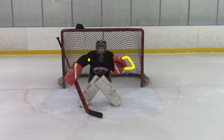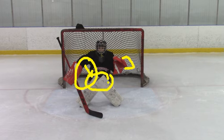Huge gap here under the elbow, so what we want to do is tuck that elbow in. We're just going to bring the blocker closer to the pad, bring that stick directly in front of the 5-hole as well. Good overlap on the top, but the one thing I notice here when you turn, we'll be able to see it a little bit better,